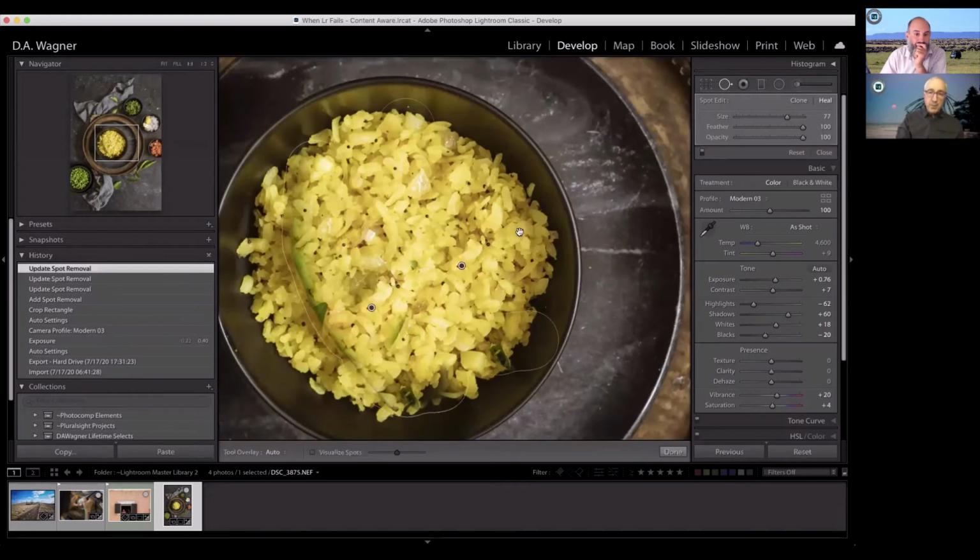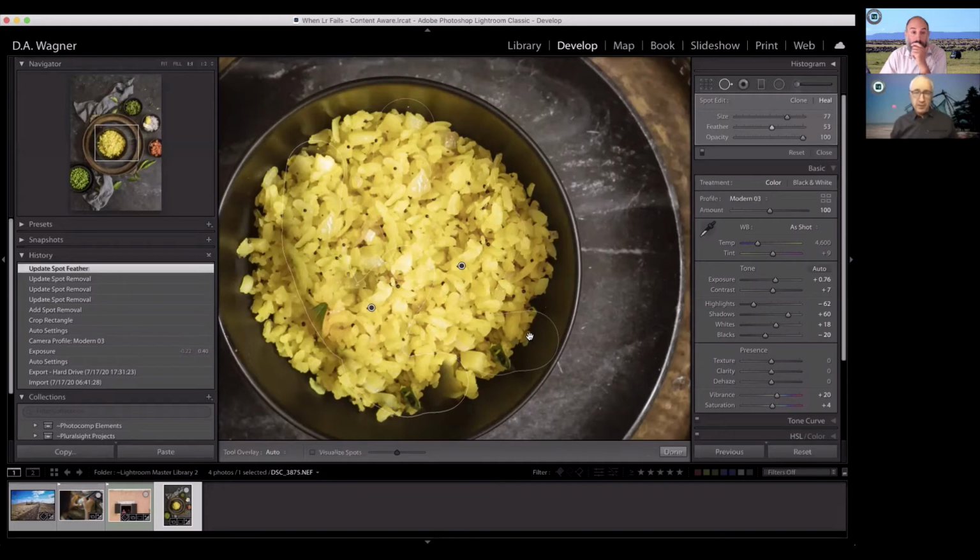Now I can make some other adjustments here, like change my feather a little bit to try and take in more of the rice. But you'll see I still have a little bit left here of the original pepper. I'm also copying some of the bowl here, because this is my source area. This is my destination. And I've copied some of this bowl over here, which makes this look a little awkward. So if we were trying to do something that was convincing, we really haven't accomplished that with the spot removal tool. So let's take a look at how we can do this in Photoshop